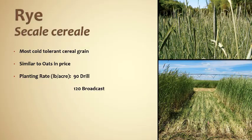And last we have rye, or cereal rye, it's sometimes called, but notice this is not rye grass. Cereal rye, or rye, is the most cold tolerant of the cereal grains. So consider that the further north you are, the more extreme temperatures you have, or for the duration, if you have really cold temperatures for a long period of time,